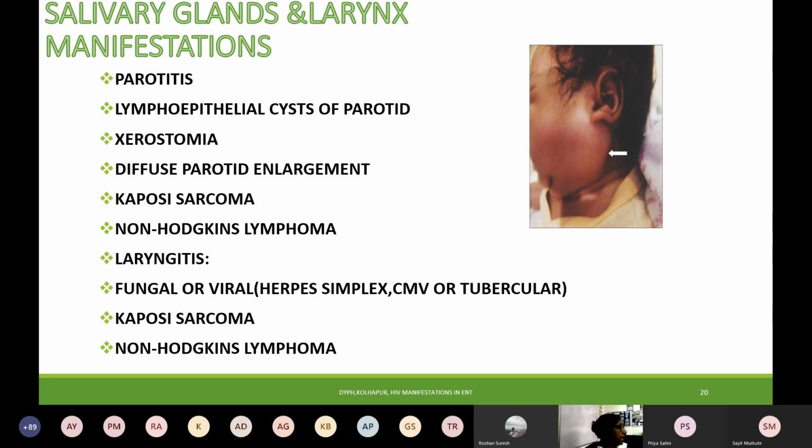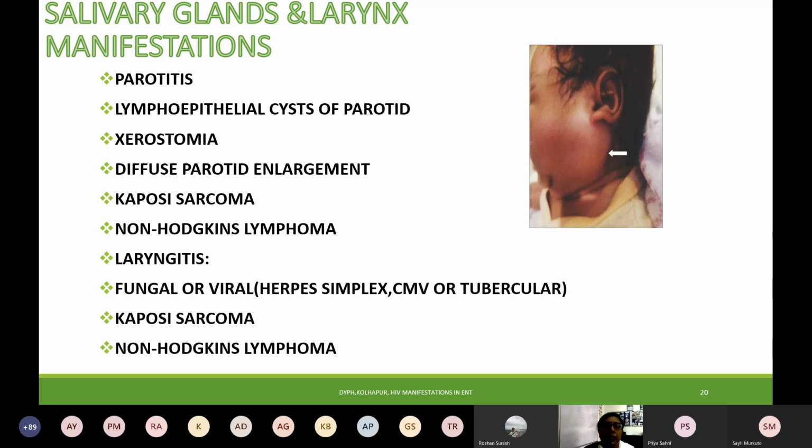So the next is salivary glands and larynx manifestations. We have finished ear, nose, and oral cavity. Now we'll move on to salivary glands, larynx manifestations, and parotid. The salivary gland conditions involved are parotitis, lymphoepithelial cysts of the parotid, xerostomia, diffuse parotid enlargement, Kaposi's sarcoma, non-Hodgkin's lymphoma, laryngitis, fungal or viral, that is herpes simplex, cytomegalovirus, or they may be associated with tubercular disease, Kaposi's